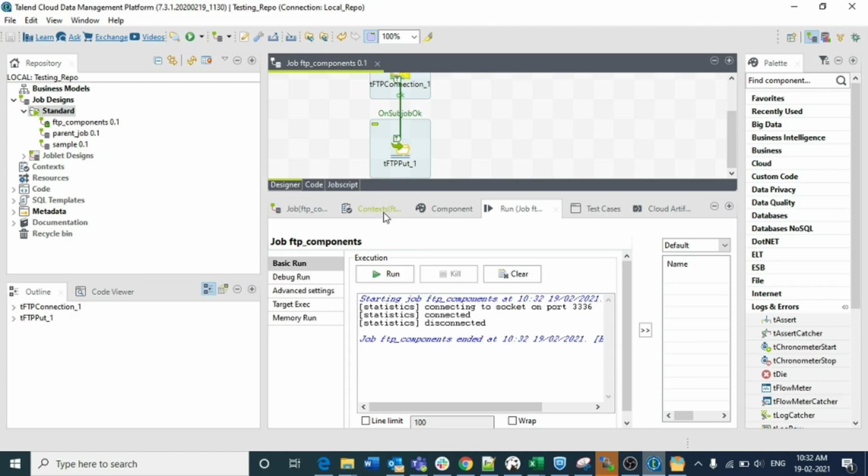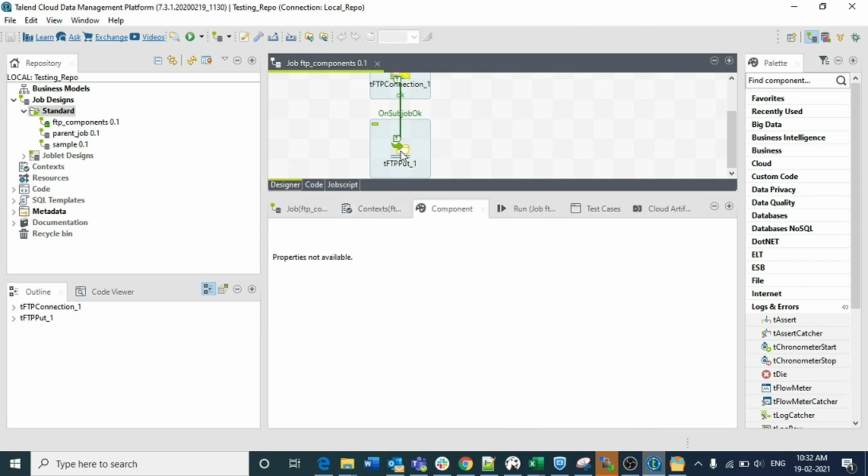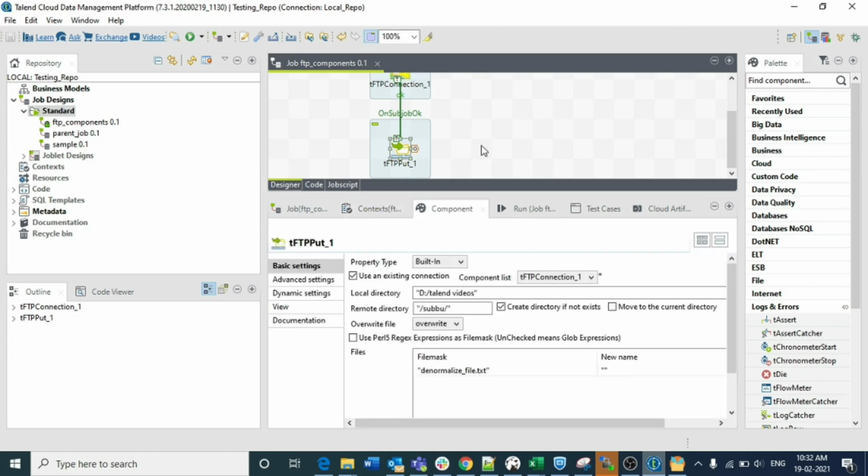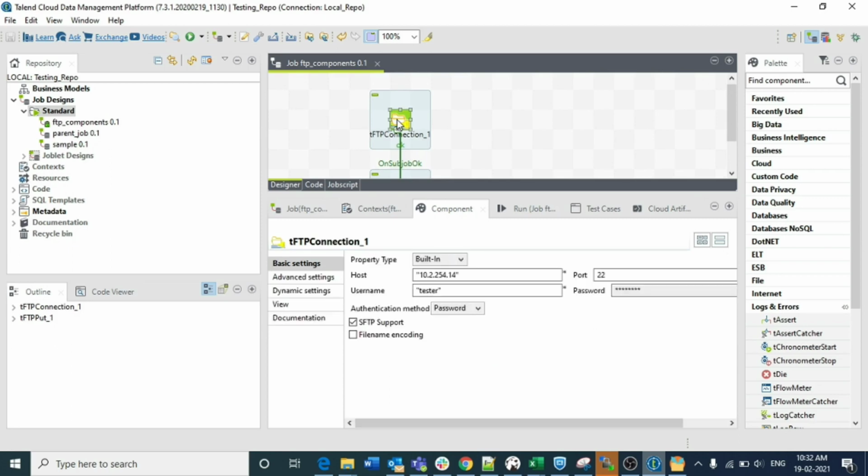Just for illustration, I have installed this separate server to illustrate the FTP components. But if you have some client servers, you can use the client credentials, whatever the repository or remote server they are using, because every SFTP server will have a host name as well as username, password and port. Also, on the net you won't get all these configurations available.